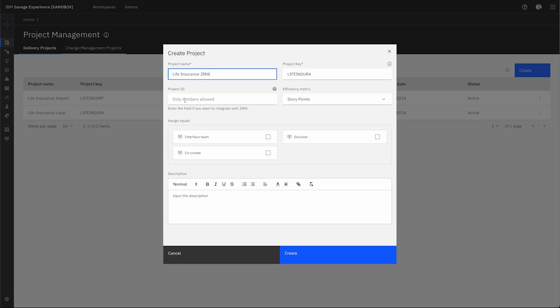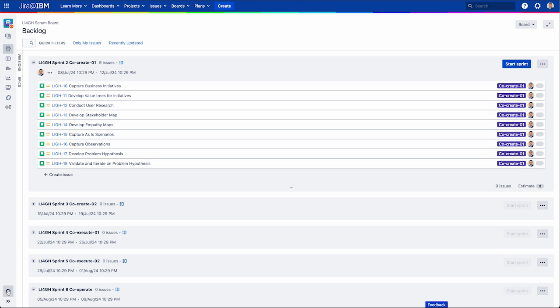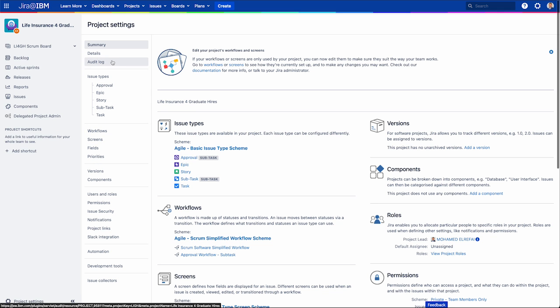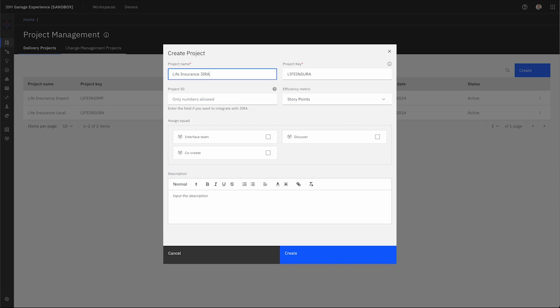And for that, we need the project ID. To get the project ID, what you need to do is to go to JIRA, go to the settings, and then hover over the details. You can see it at the bottom, all the way in black, PID equals 95811. When I hover over these details, it shows a URL at the bottom, and the number is 95811. So let me go here, 95811,